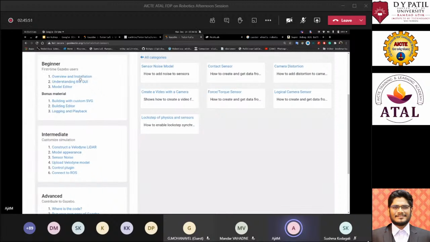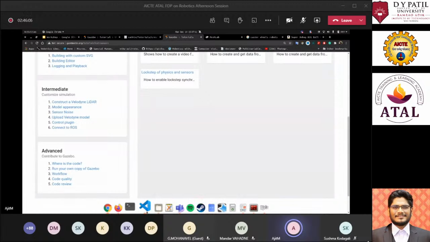Here they have given the beginner tutorials and the intermediate tutorials for how to create those lidars, how to integrate noise into your sensor, how to develop a plugin for that sensor, and finally connecting it to ROS. So going back to the code again,